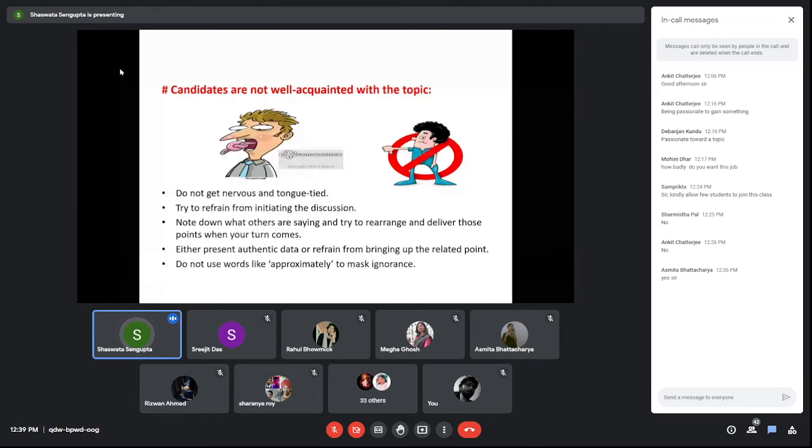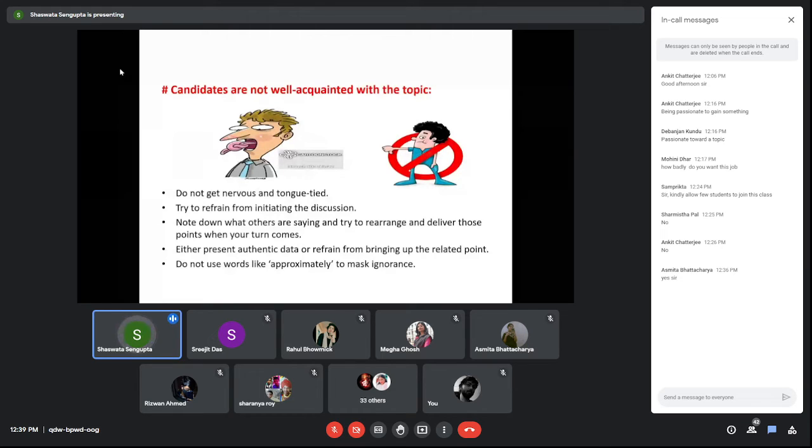If you know 2 points, right, just say those 2 points. You don't need to make 5 points out of something you don't know. And then again, you should not be cooking up data. You should not be making up facts and figures from your mind to validate your argument.